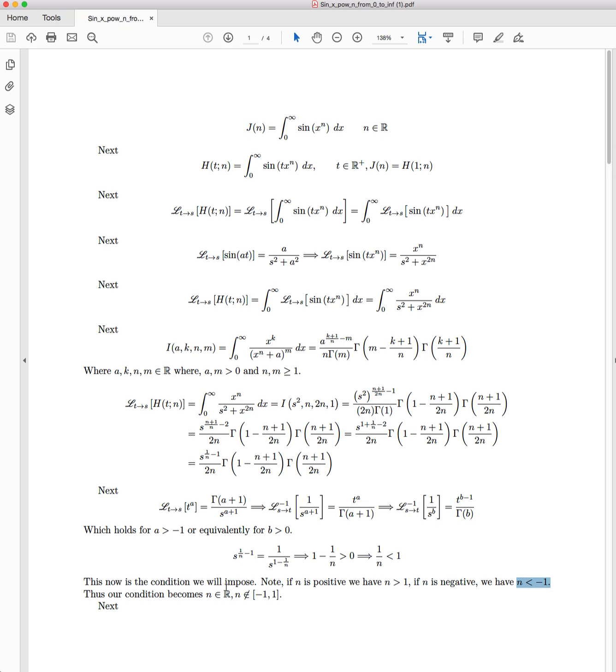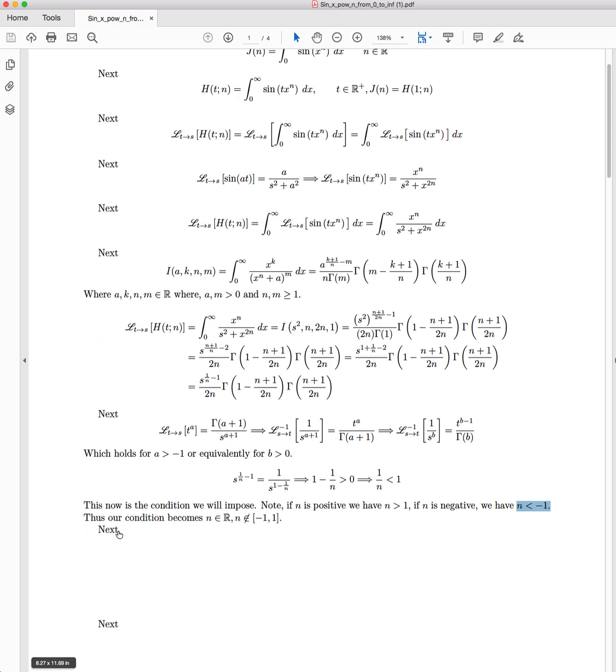So our condition that we originally had, n being just any real value, now has a restriction imposed that n cannot be between negative 1 and 1. If we have that, then we cannot take the inverse Laplace transform, and therefore this method will not work. So we still have a pretty good interval. It's just between negative 1 and 1 where it won't work. So anyway, that's just the condition that we've got. Okay, so now